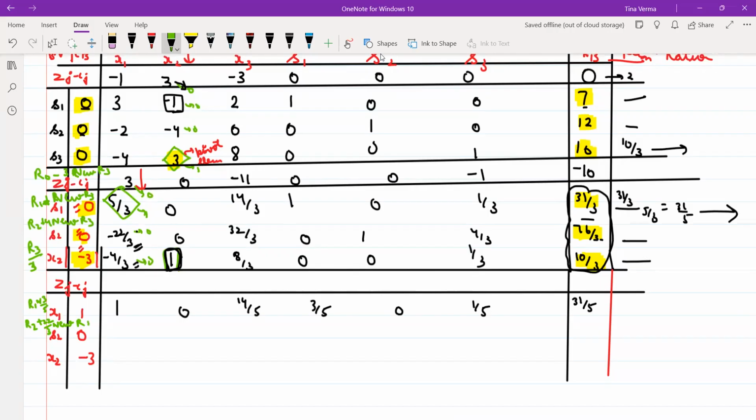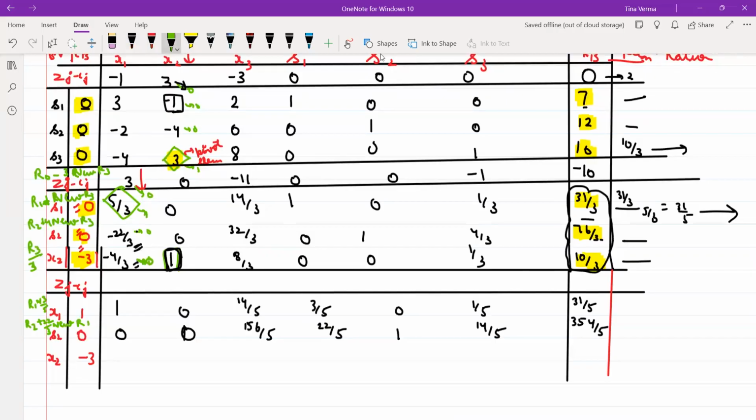Whatever you have made 1, with its help, what do you have to make the rest? 0. So when you apply this operation, it will become 0, 1, 0, 0. This will be 156/5, 22/5, 1, 14/5. This is 354/5. And this entry, when you do the operation on this, you have to make this element